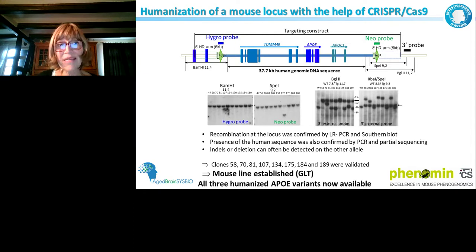Then we confirmed that the humanization was correct. Everything is there. We humanized ApoE, Tom40, and ApoC1 because it's what our collaborator wanted to have. And I have to say, with the three versions of ApoE, we obtained germline transmission without any problems. Then it was pretty easy. And even if we used ES cells, in a year we obtained the 3 lines. And it's not so easy to obtain that through CRISPR. Then we obtained the lines.